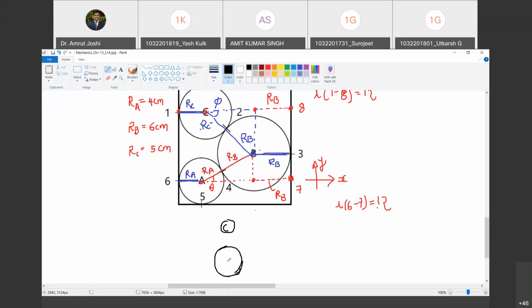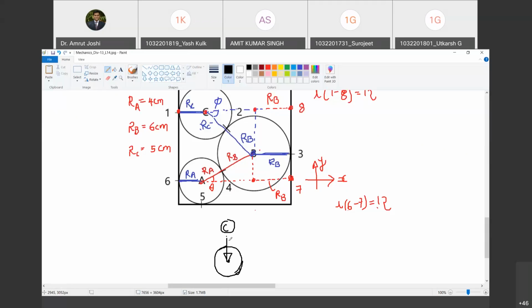Where is the centroid of this cylinder? Where is the centroid of circle? Geometric center. So truly speaking, I will have to calculate center of gravity. But if rho is constant throughout and g is constant throughout, we are going to say that the centroid and center of gravity are one and the same. So therefore, I will show through its geometric center the action taken by Earth on it. Do you agree with me?